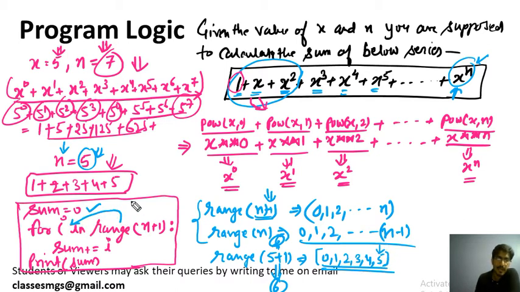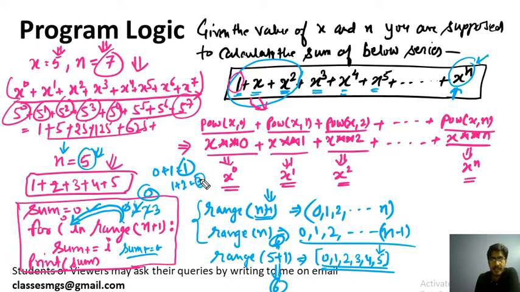If you want to add all those numbers, these numbers will come one by one into the variable i. The first time 0 will come, we are adding sum plus equals 0, so it will become 0. Then the second time 1 will come, then 0 plus 1, sum will become 1. Then next time 2 will come, sum already has the value 1 and this 2 will be added, so 1 plus 2 will become 3.